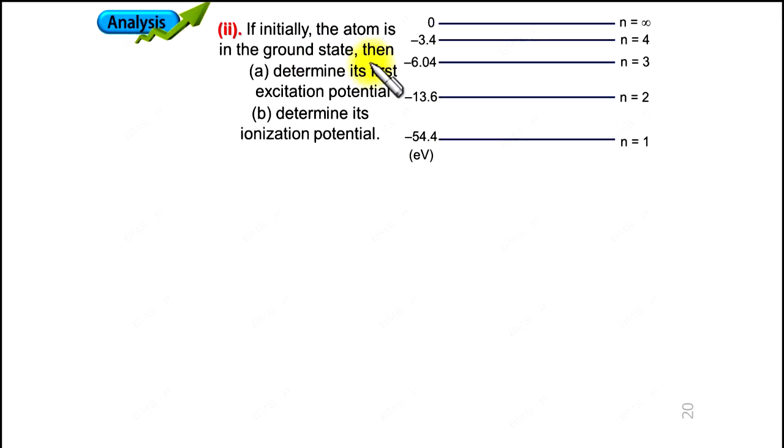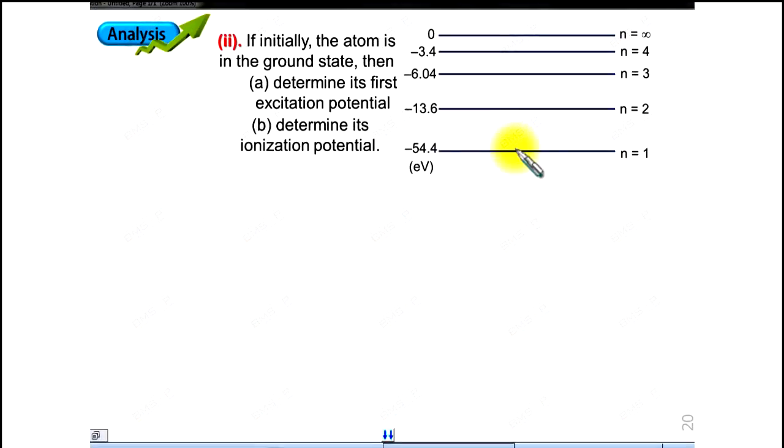We need to find the first excitation potential. Let us analyze the first part, that is the A part of the question. We know the first excitation energy is the energy required to excite the electron from this orbit, that is n equal to 1 to n equal to 2. That means for this type of transition,